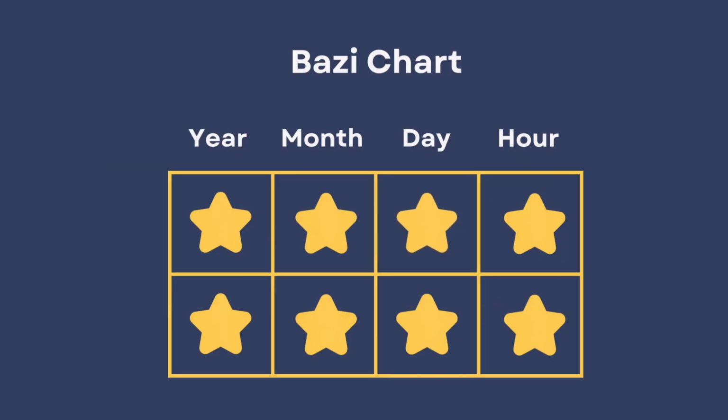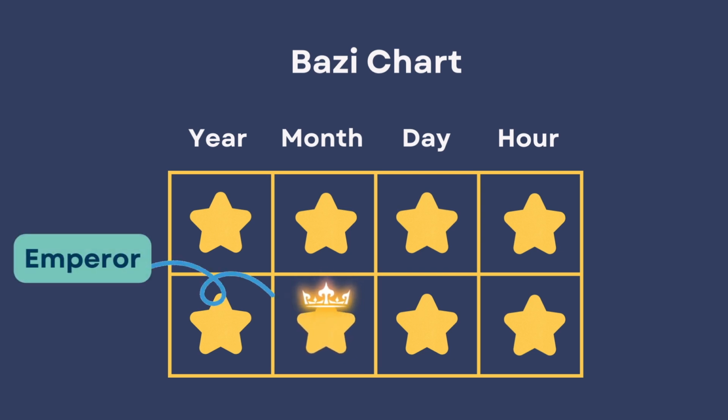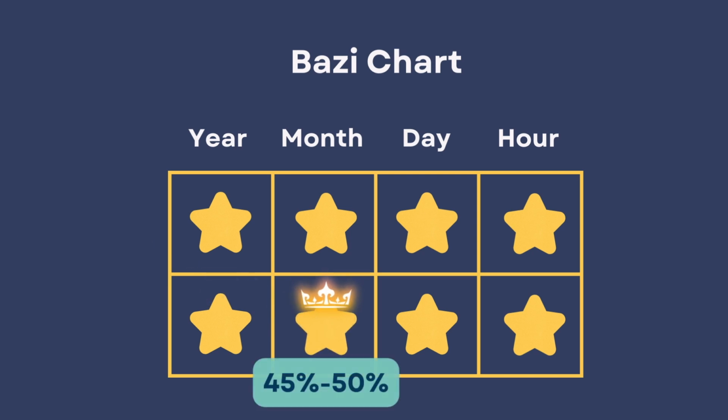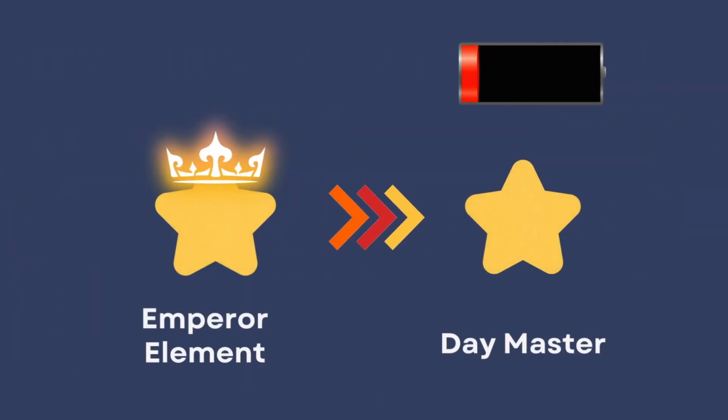Once you've found your day master, then you need to identify the most dominant element in the chart, which is the emperor element of the chart. This element is located in the month branch and provides 45% to 50% of the chart's energy. So if the emperor element supports your day master, it means that you already gained 45 to 50% of the